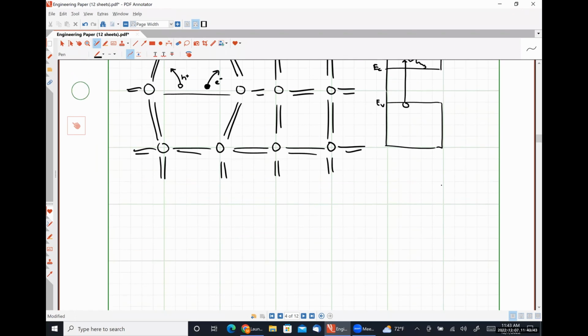At thermal equilibrium, the rate of electron hole pair generation and electron hole pair recombination are equal